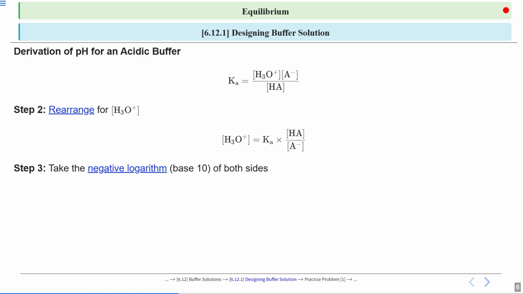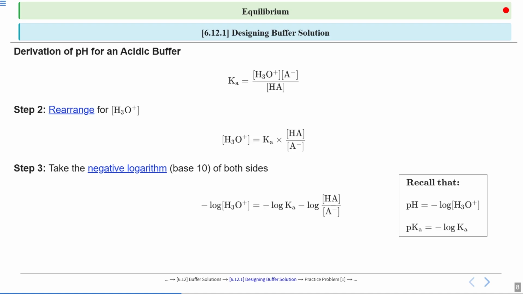Further, you will take a negative logarithm on both sides. And remember, the base will be 10. If you do it, what will happen? You will get minus log of H3O plus. Then we have minus log of Ka. Next, we have minus log of HA divided by the